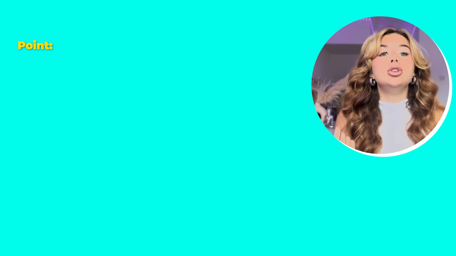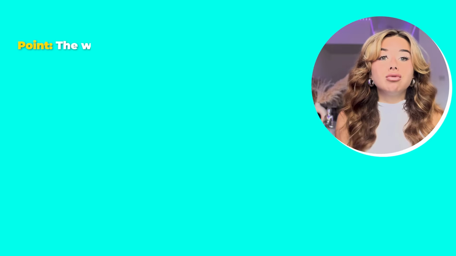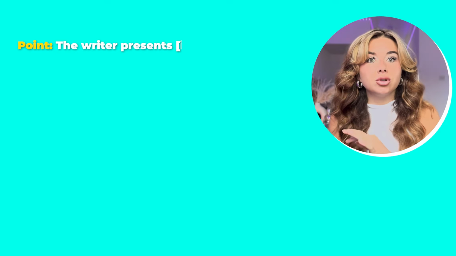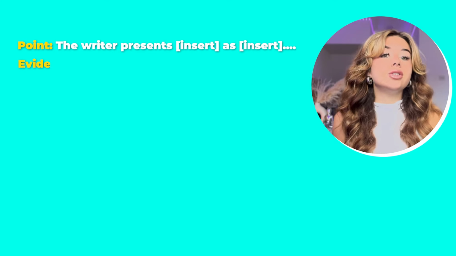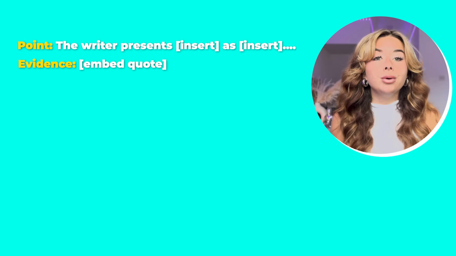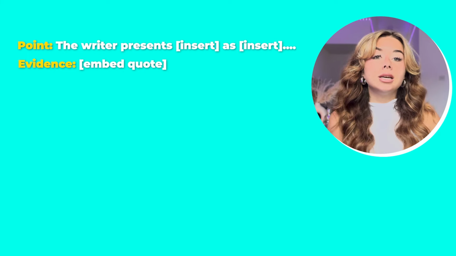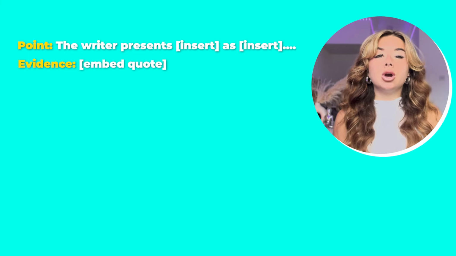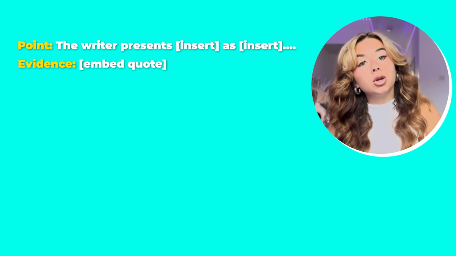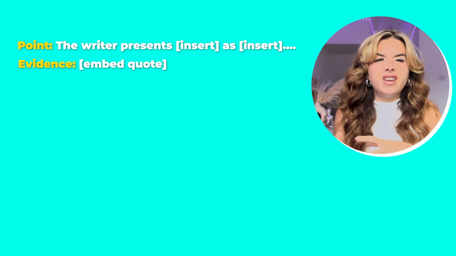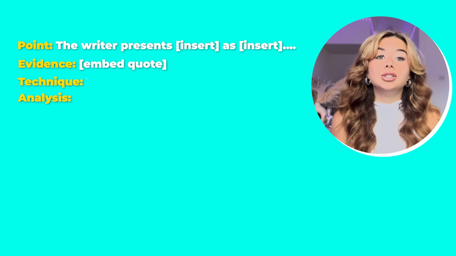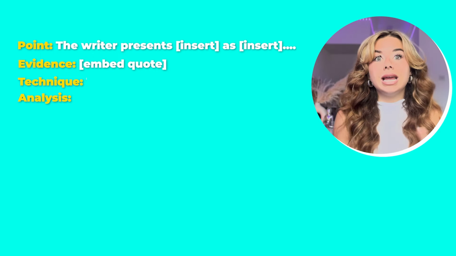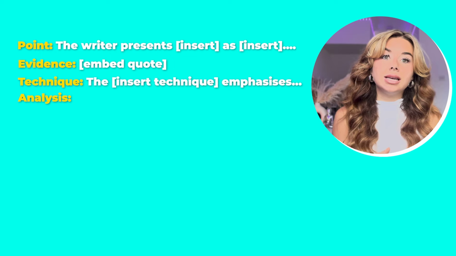So for the point, you can just literally say something like, the writer presents, insert whatever you're talking about, as, insert whatever your point is. For evidence, you just want to make sure you embed in the quote, and I'm going to show you in the example at the end. But when I say embed in, it means you don't want to say things like, this is shown by the quote. You just want the quote to fit and flow into the sentence. Technique and analysis. So for technique, this, insert the technique, emphasizes,